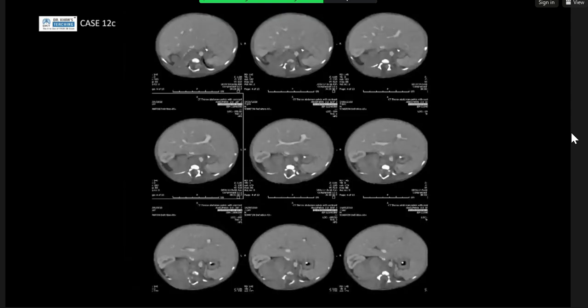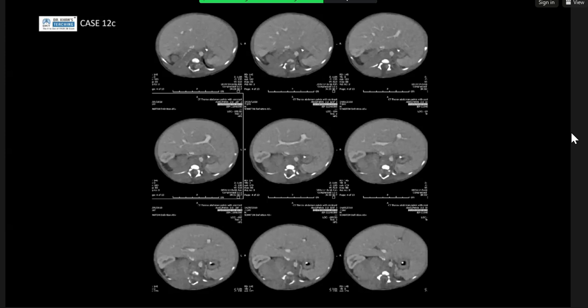These are the serial axial contrast CT sections showing evidence of a heterogeneously hypoenhancing region in the paravertebral region, in the retroperitoneum, posterior to the right kidney. The lesion is showing intraneural extension into the spinal canal. Apart from this, there are no liver metastases, no focal lesions in the liver, and no lesions in the spleen. So the epicenter of the lesion is in the right paravertebral region, probably involving the right adrenal gland with intraspinal